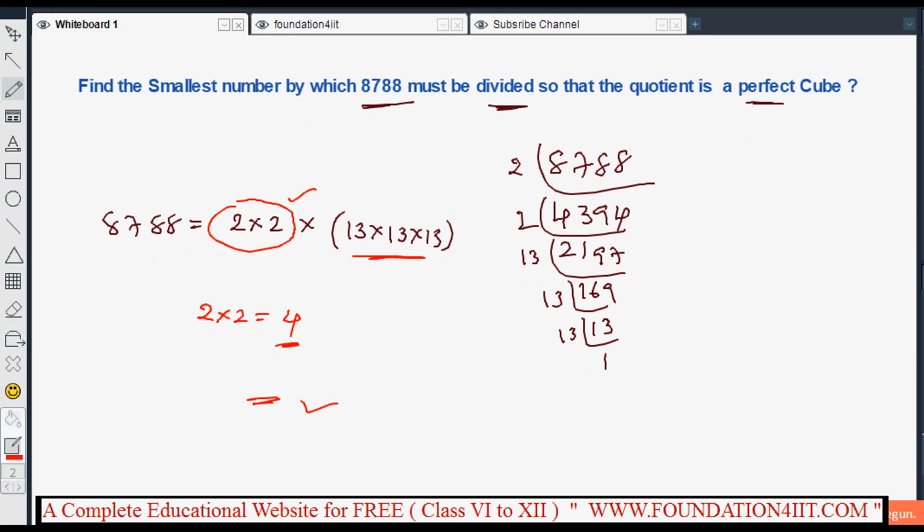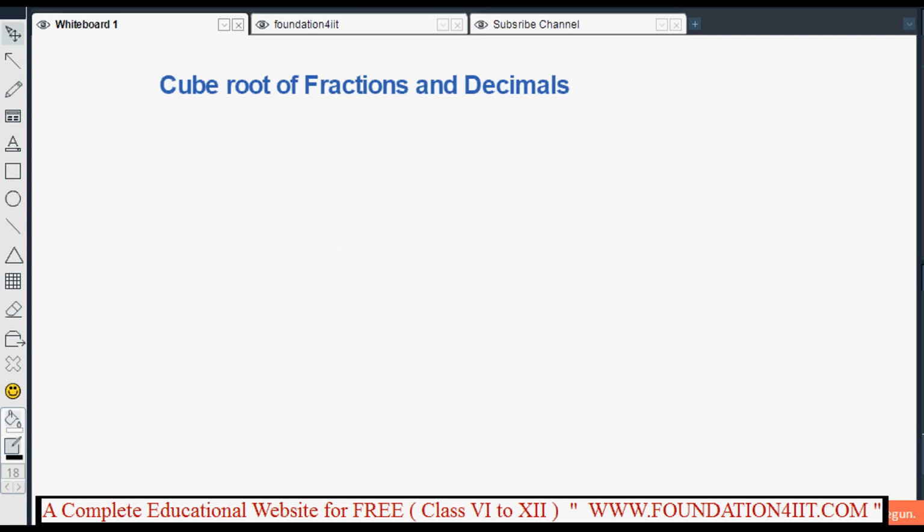Next we will see how to find out the cube root of fractions, and at the same time decimal numbers also. Cube root of fractions and decimals. Whenever fractions and decimals are given, we will see how to find out the cube root. So let me take one question. For example, find the cube root of